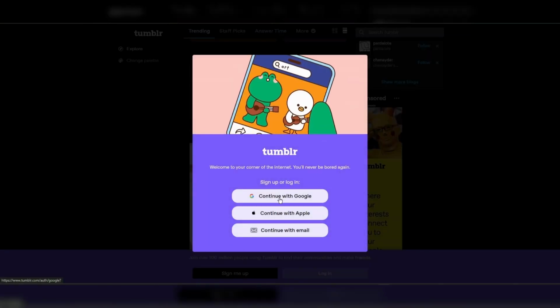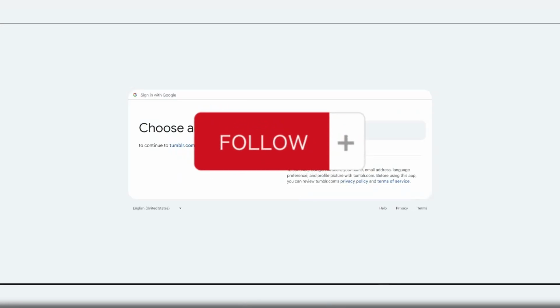Sign in with your Google or Apple account. You can also use your email.